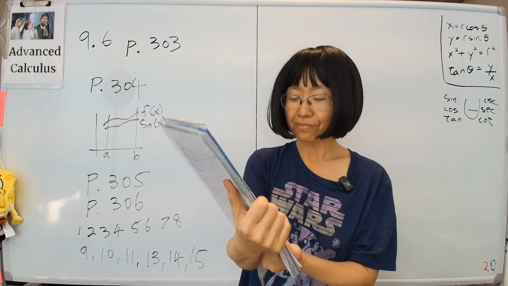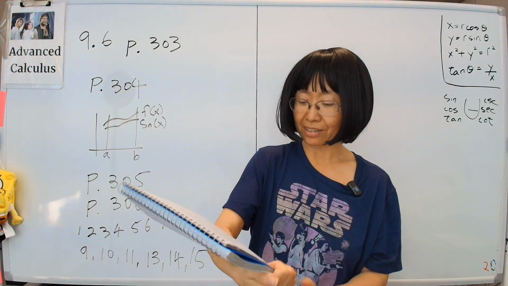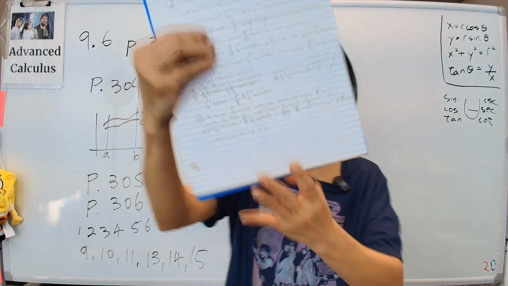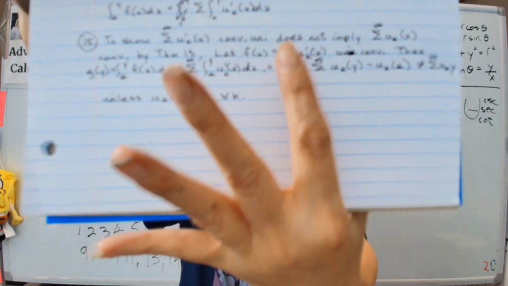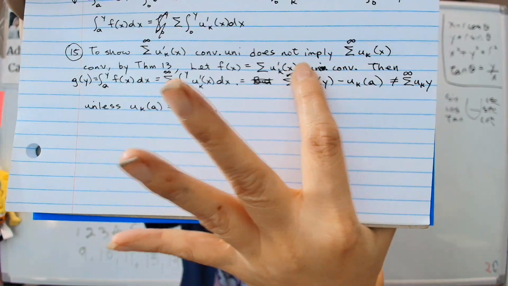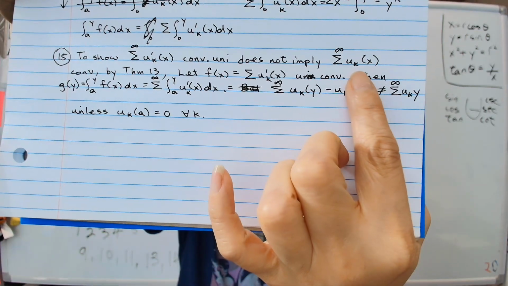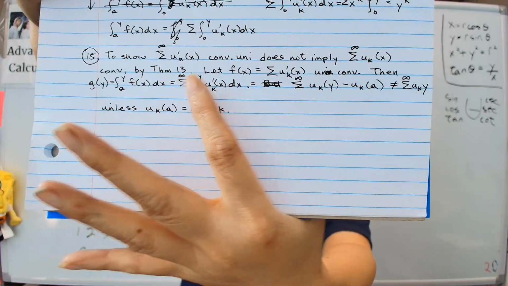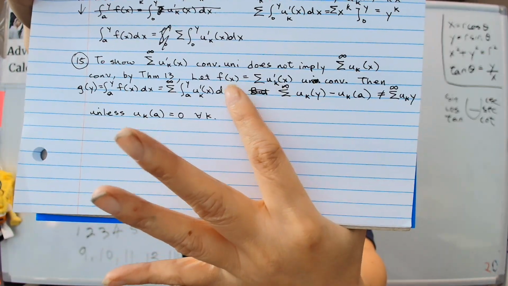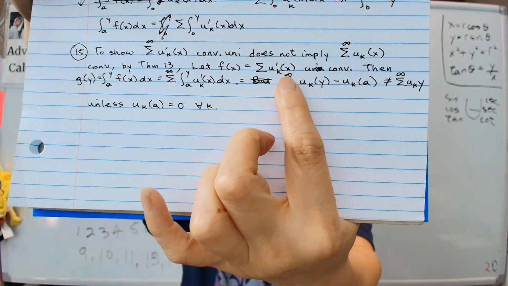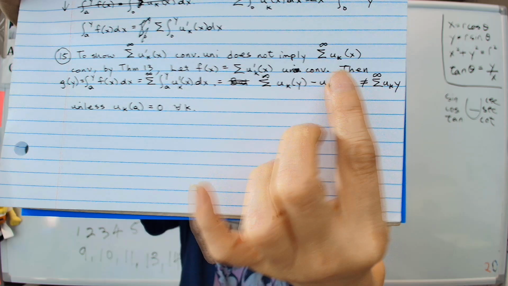Problem 15 is more confusing. It took me a while to remember what's going on, because all the symbols can make you get lost. We're showing that u prime converging uniformly does not imply that the u themselves converge. So let's look at f of x equal to u prime. Let f of x equal to u prime, which is uniformly convergent. Then the g